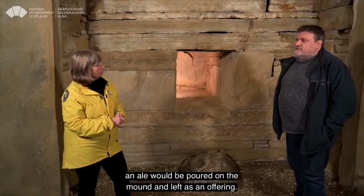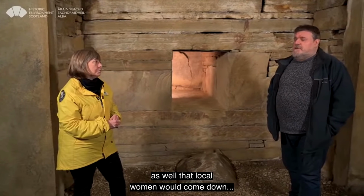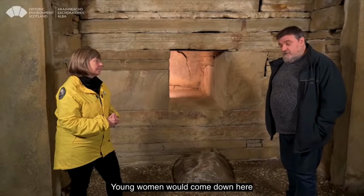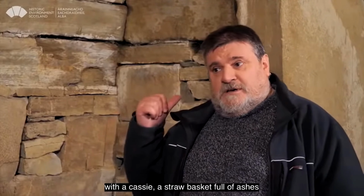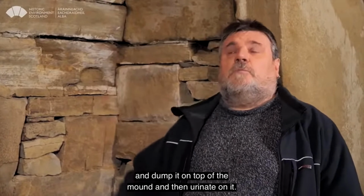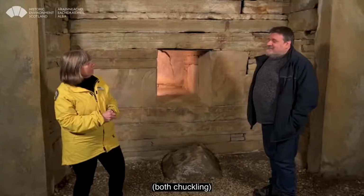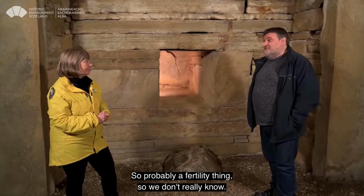and left as an offering. And there was a story as well that young local women would come down here on the night of the full moon with a casey, a straw basket full of ashes, and dump it on top of the mound and then urinate on it. So, probably a fertility thing. We don't really know,